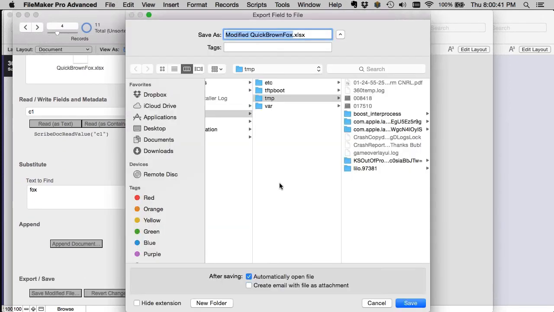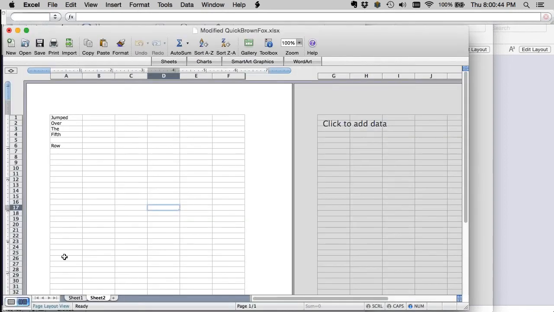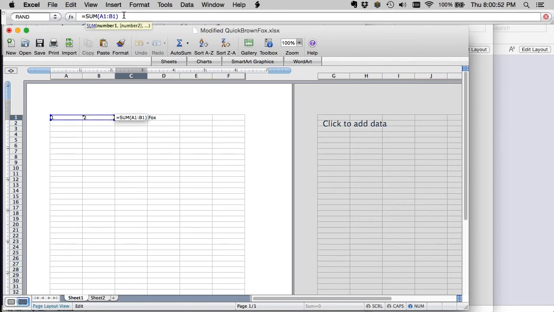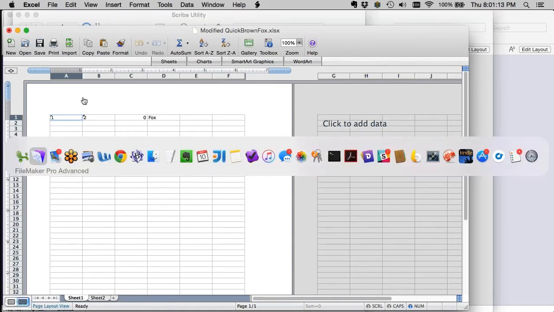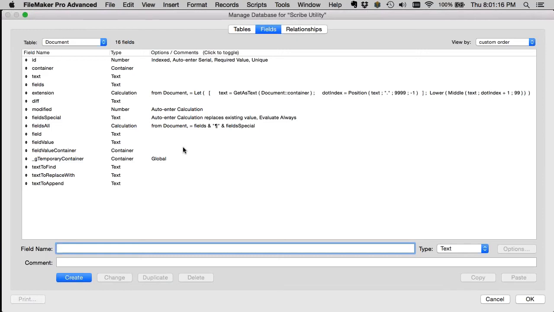So there's 1, there's 2, sum of A1, B1. I think I did that wrong. But yes, you can set formulas if you know how to write Excel formulas, which I'm pretty rusty on. I'll write the file format, and it looks like it wrote it as text. But I think that if you actually had a number field in FileMaker,